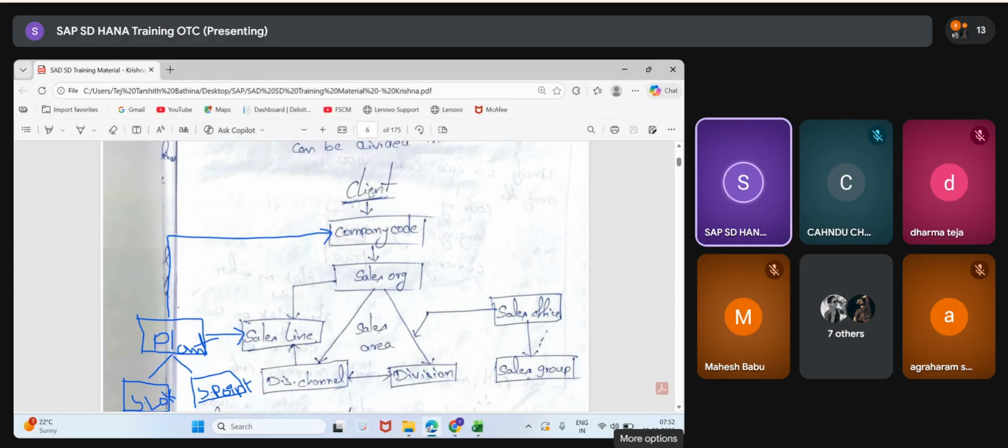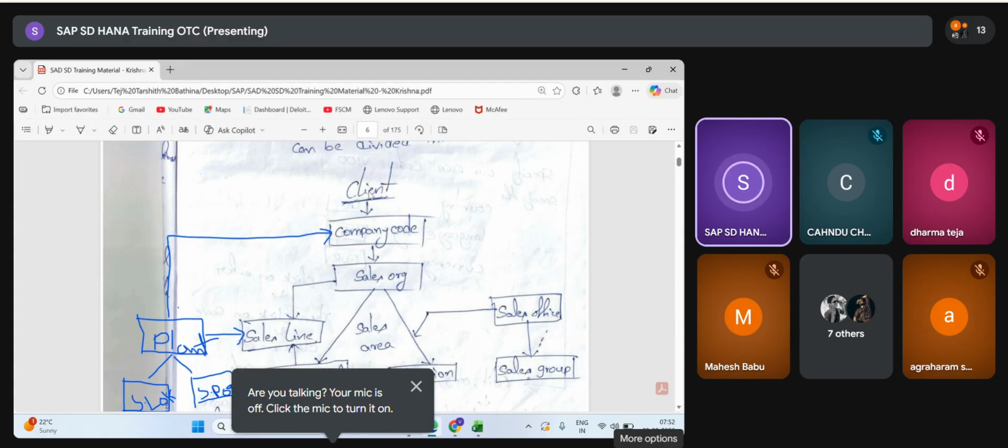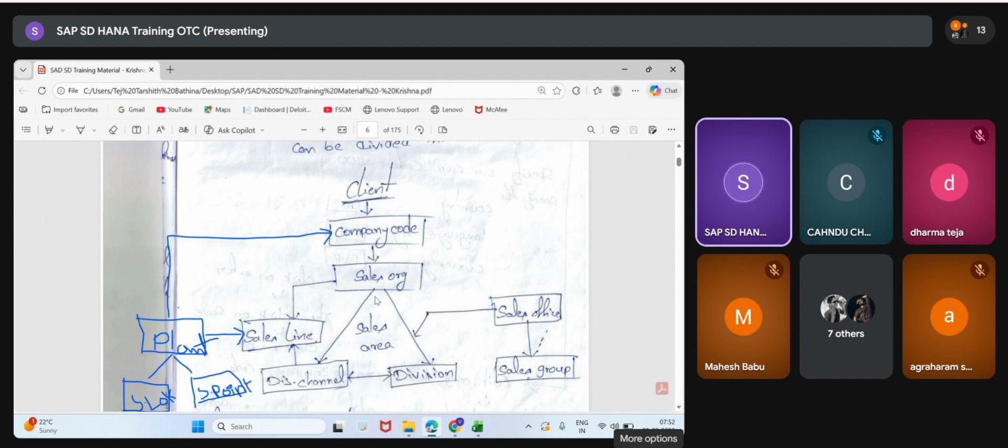Client is a company. It's a legal name. It's a dummy. It will not affect anywhere. It's just a brand name. Company code is legal. Under one company code, sales organization, distribution channel, division. This is what sales area. Under this sales area, sales office and sales group. Then on the left side, plant. Plant is where they maintain the stock that belongs to the company. At the end of the day, what is the stock, what is the value. That's why we are linking, and from which plant we are lifting the material to supply. That's what is linked to sales organization and distribution channel.